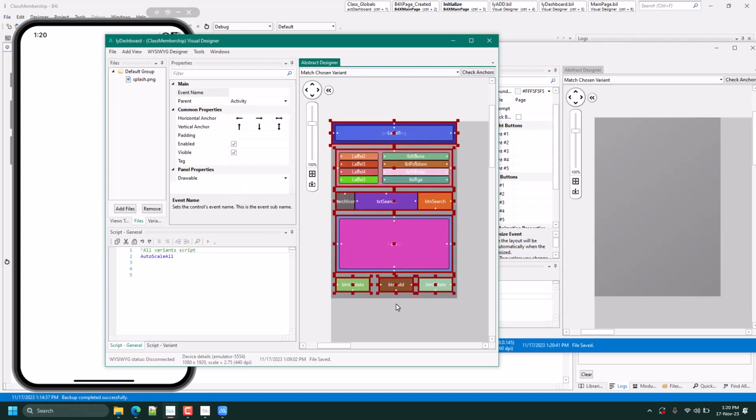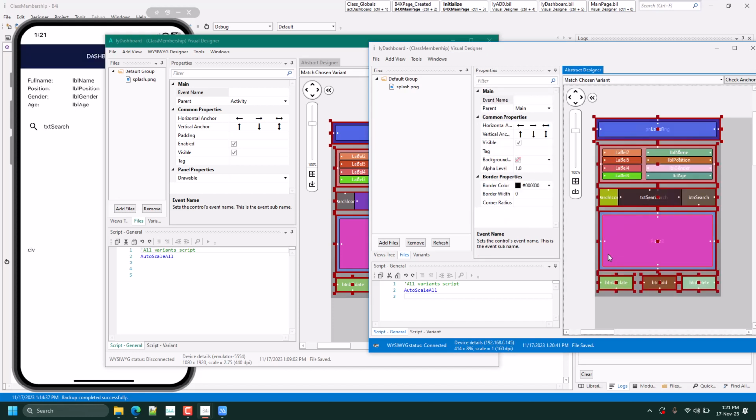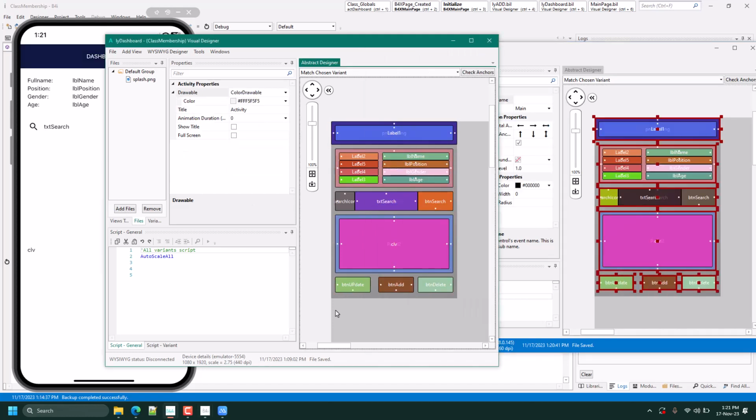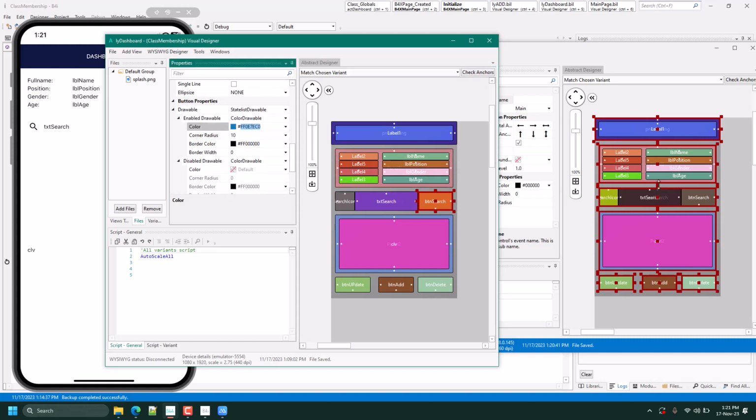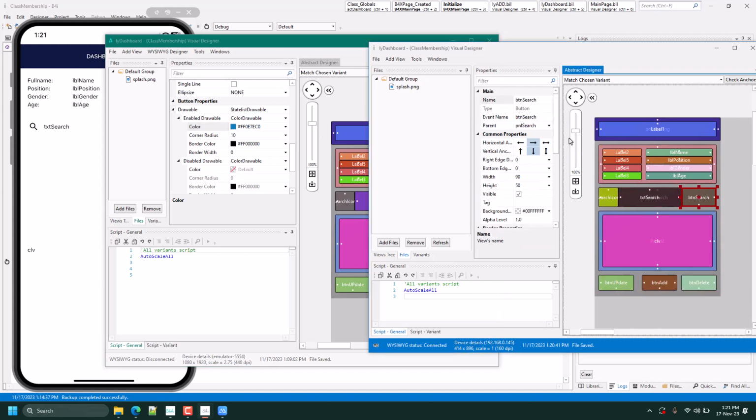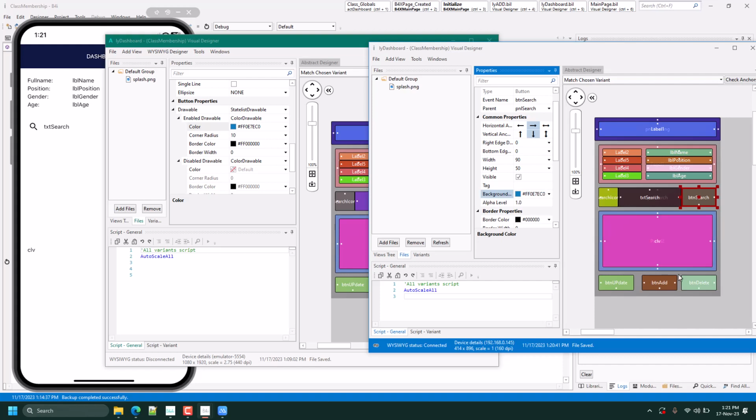We Control A to select, Control C to copy, Control V to paste on the iOS side. Then as usual, we also get the color for the button, which is the same color here. So button background color, and it's the same for this one too.